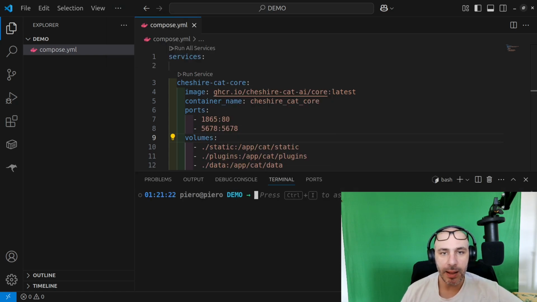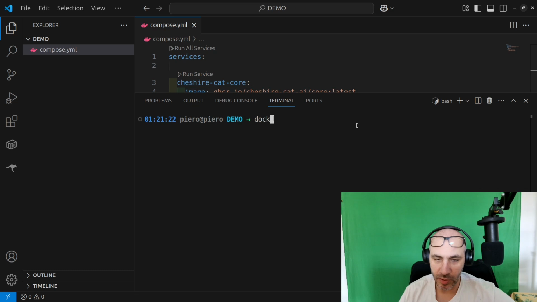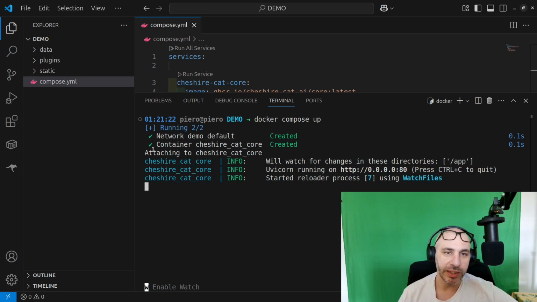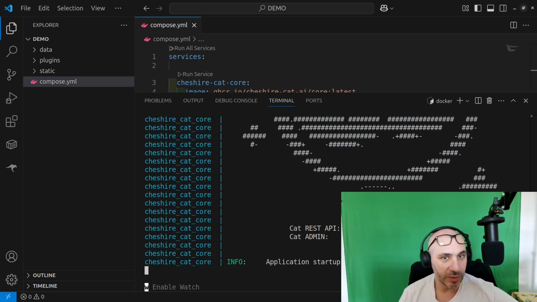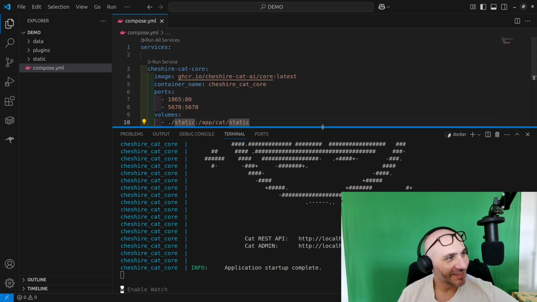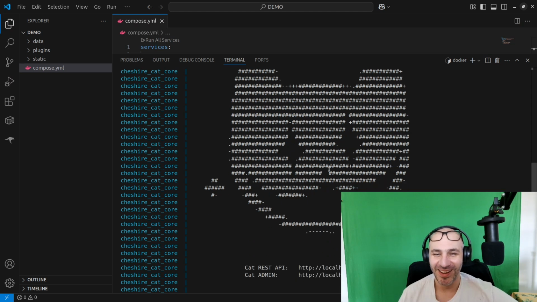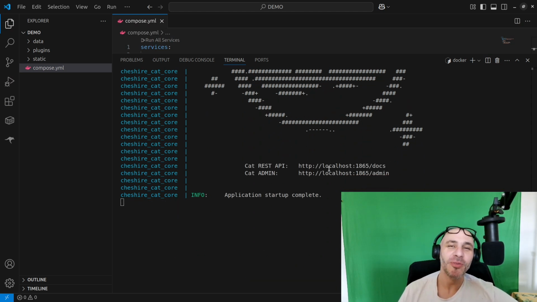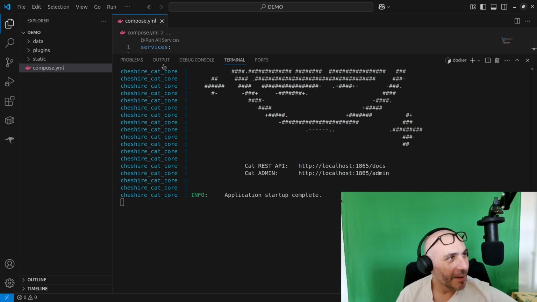Let's open a terminal. In our terminal, we just need to write docker compose up. You can do pull before doing up, but it will do it automatically. Docker compose up. I already have this image downloaded, so yeah, here it is, the cat. It came into the terminal. You're gonna see this beautiful cat here. I'm so proud of this. So I want to thank all the contributors who made this possible, because we built something really great, I think.